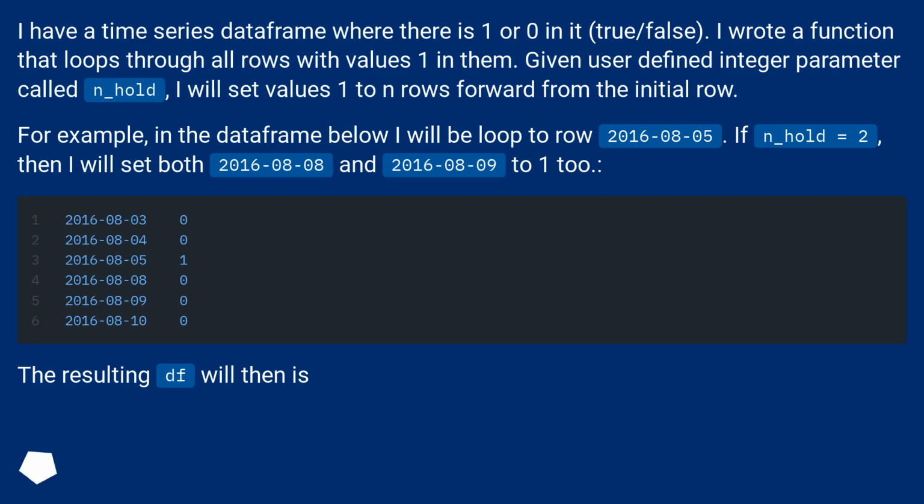For example, in the data frame below I will be looped to row the 5th of August 2016. If n_hold equals 2, then I will set both the 8th of August 2016 and the 9th of August 2016 to 1, 2. The resulting df will then be: